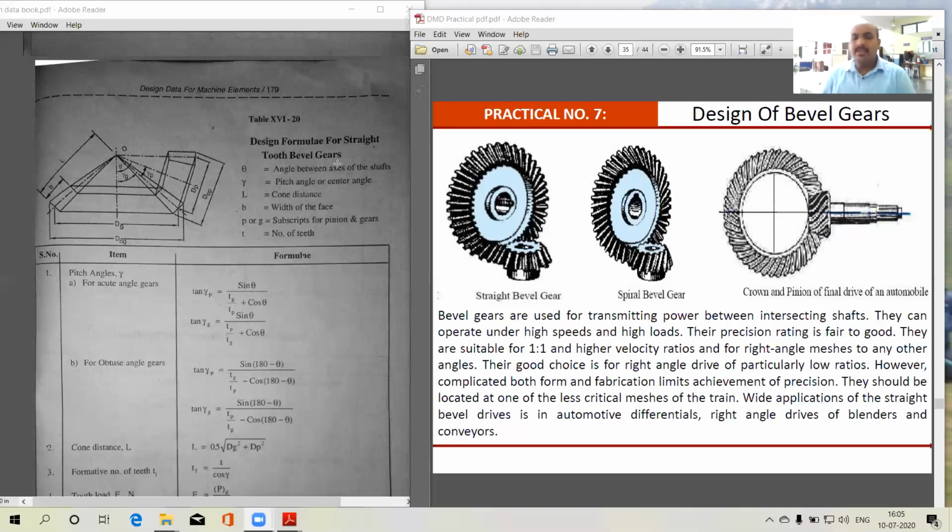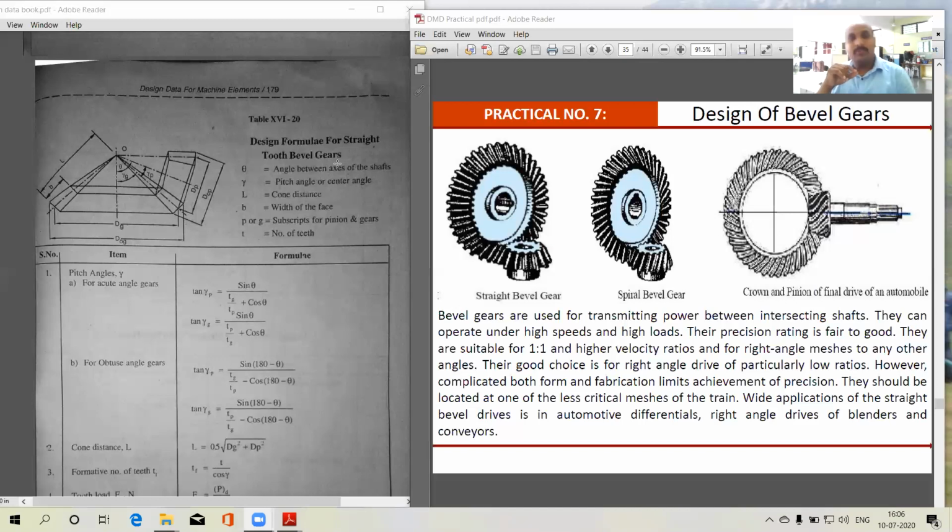One term is also there, that is Miller gear. When two identical bevel gears are mounted on shafts which are intersecting at right angle to each other, this is called a Miller gear. There is also one gear which is called a crown gear. In a pair of bevel gears, when one of the gears has a pitch angle of 90 degrees, then that gear is also called a crown gear. Such bevel gears are mounted on shafts which are intersecting at more than 90-degree angle.